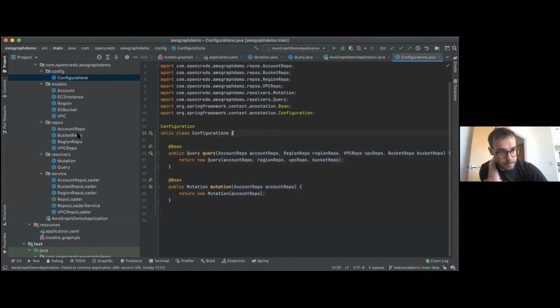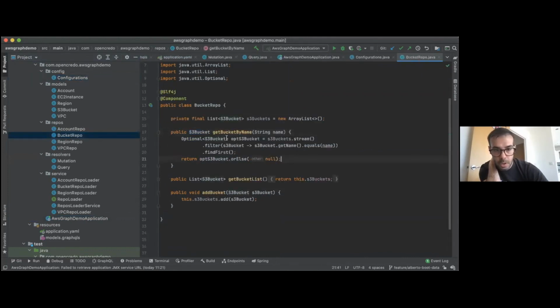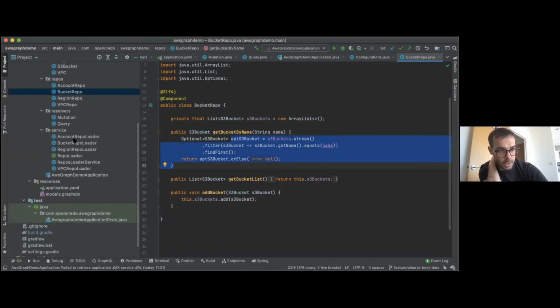And then we have the bucket repo, same for the other ones as well. There we call AWS and load the information from the different buckets in the default region. Then I created some of the loaders